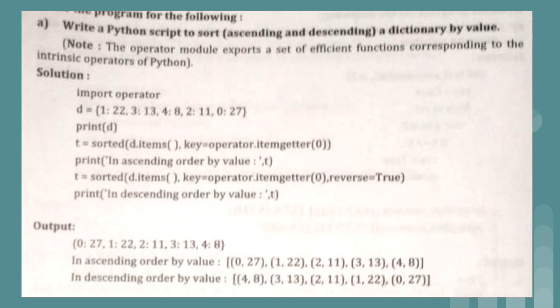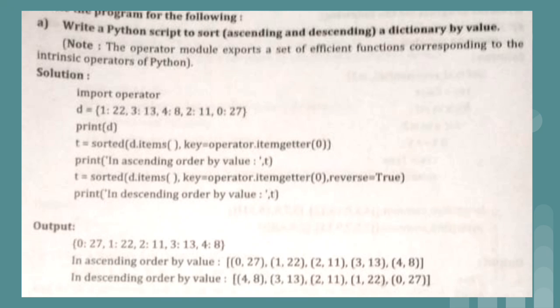The second parameter is actually optional, but as we want to sort the dictionary according to key values, and we have 1 3 4 2 0 as keys, we want to sort the dictionary according to key value, meaning 0 should come first, after that 1 2 3, like that our sorting should be. For that purpose we have used the second parameter, that is comma key equal to operator dot itemgetter in round brackets 0.